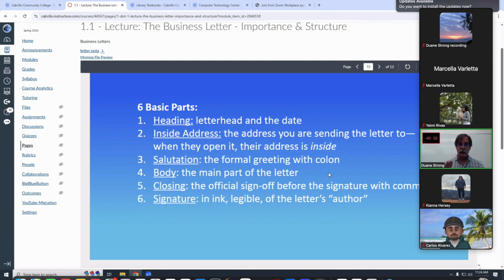It's the person you're sending it to, but it's also on the letter itself right after the heading. The salutation with a colon at the end. Then the body of the message. The closing with the official sign-off before the signature and with a comma. The signature, preferably you leave a space where you physically sign it in legible ink.